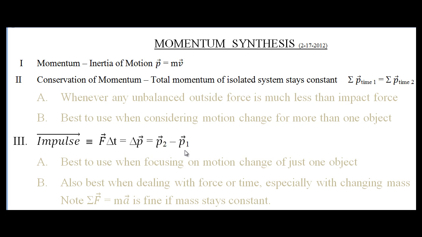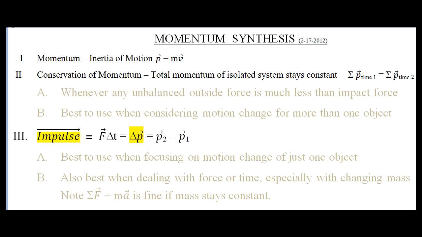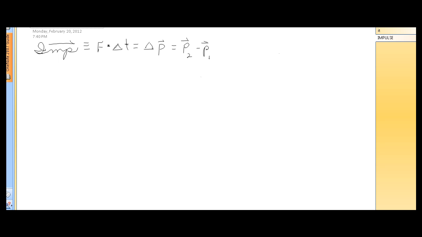Well, it turns out that impulse equals change in momentum is actually just a souped-up version of Newton's second law. Let me show you how we get there. So here's our relationship. Impulse defined as force times change in time equals change in momentum, with the change in momentum equaling the momentum at time 2 minus momentum at time 1. What I'm going to do is use the portion about F delta t and the P2 minus P1, and what I want to do is